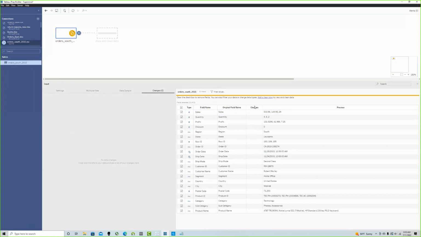And again, here in this changes column, if there was any sort of change applied, there are little icons that represent each of the changes. And so you would see that here, it gives you a real quick at a glance that there was a change in this column. The last thing it shows you is a preview of some of the values that you can expect to see in this column. So again, right when you pull in the data, you've got a very quick, okay, here are the fields, here's some of the values that I expect to see, here are some of the changes that were